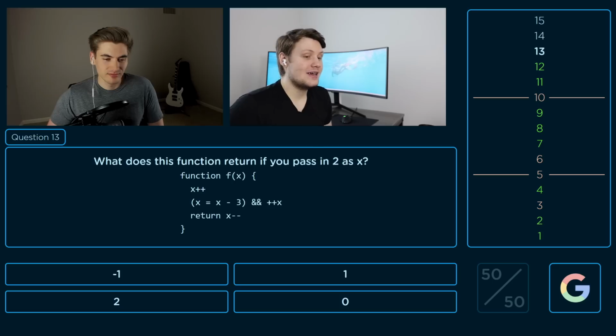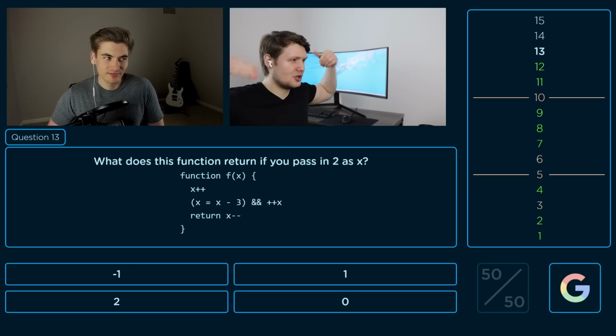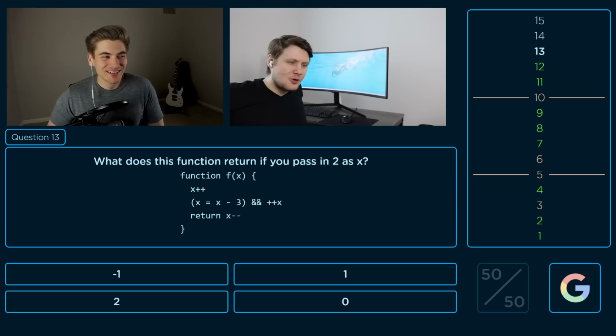But the minus minus, does that execute afterwards? It does, but does it execute after the return statement? Yeah, it does. It does execute after the return statement. Or does it? To be or not to be. If I do like x equals 1 plus plus,